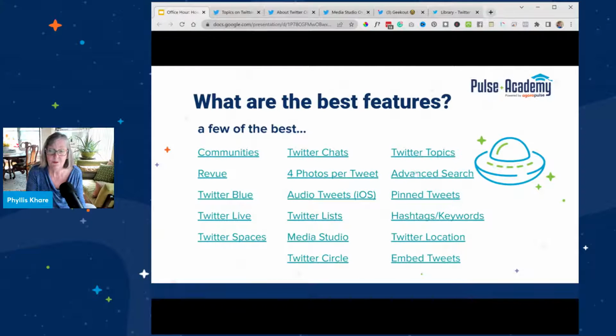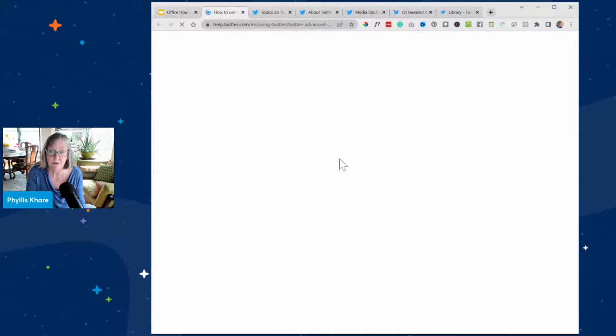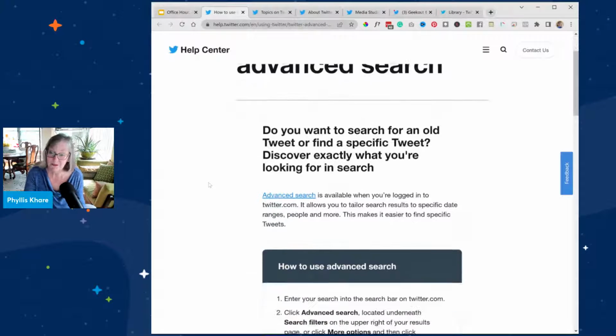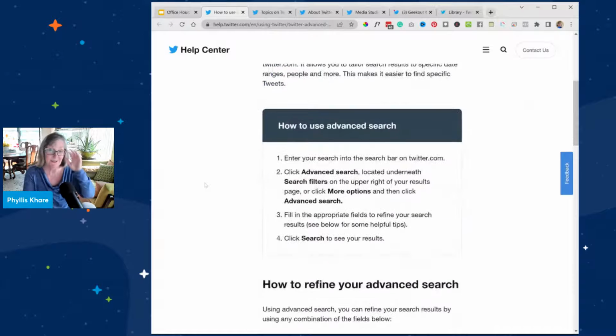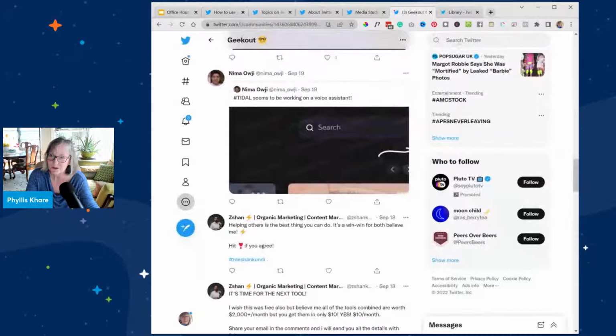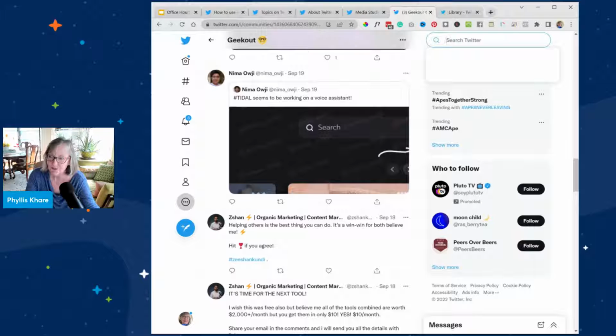All right, same thing for advanced search. Advanced search is really very good. And it's probably the best internal search system on any social platform. There, I said it. So the nice thing is, if you're on Twitter, let's go over here to Twitter, and I want to search Twitter up here, and I want to search for,